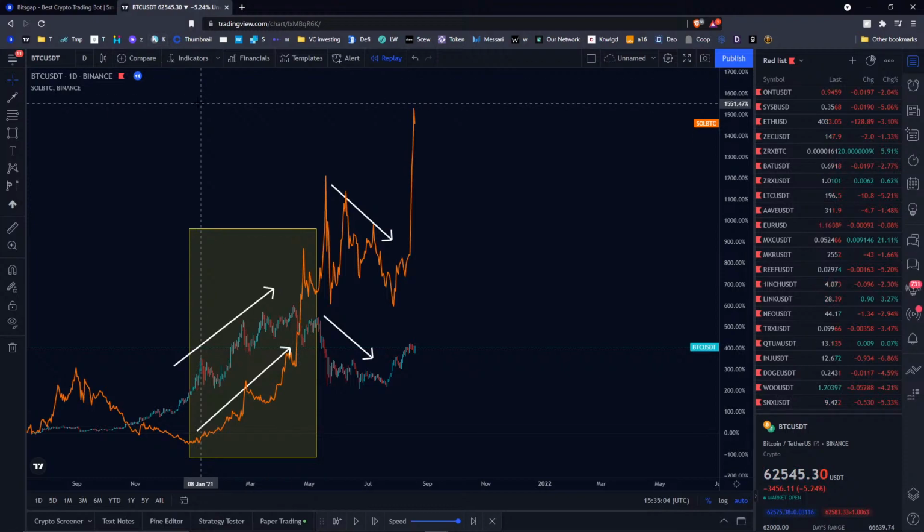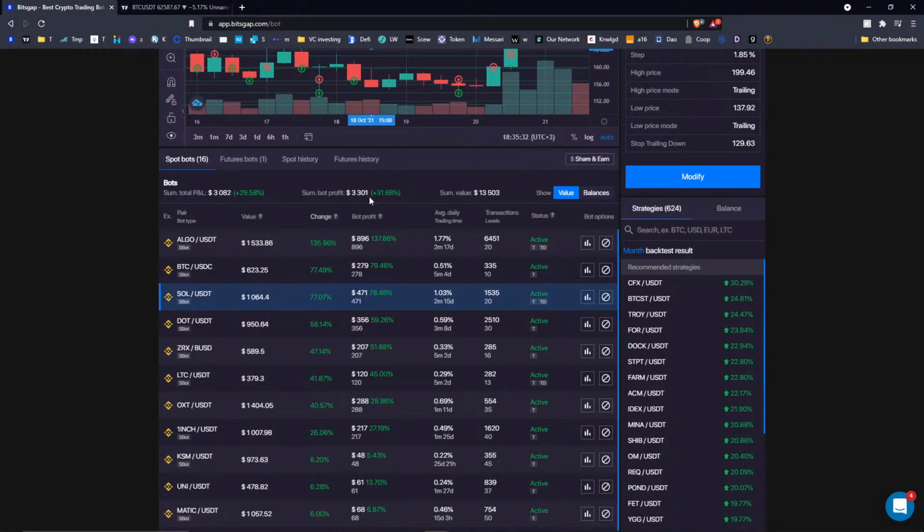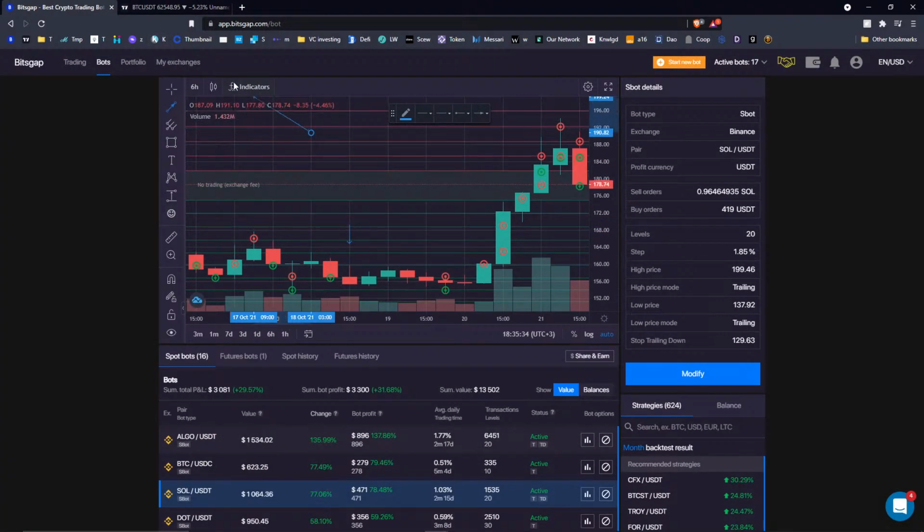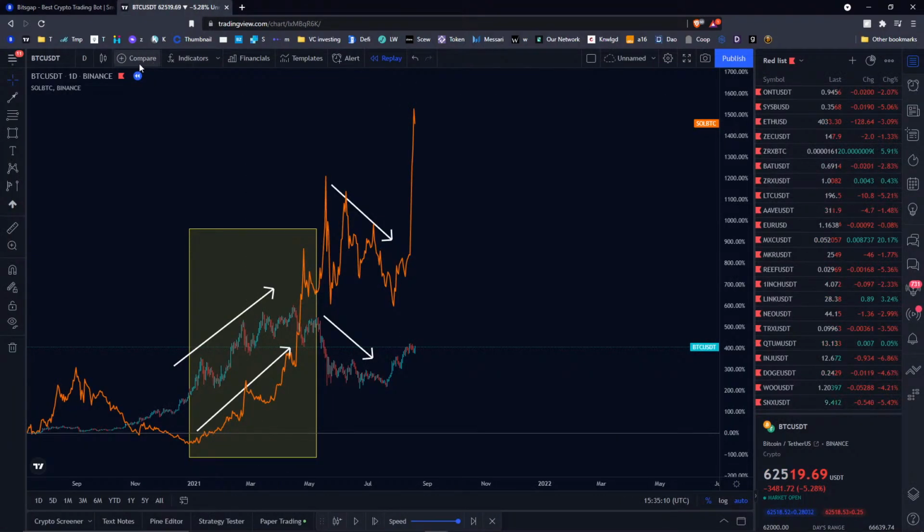So yeah, you can actually use TradingView in this case, because you can have the overlay of different charts here. Like you see, I have the Solana to Bitcoin rate, it's the orange line actually, and the rate of Bitcoin to USDT. So that way you can kind of see if the market is now more interested in Solana or in Bitcoin.